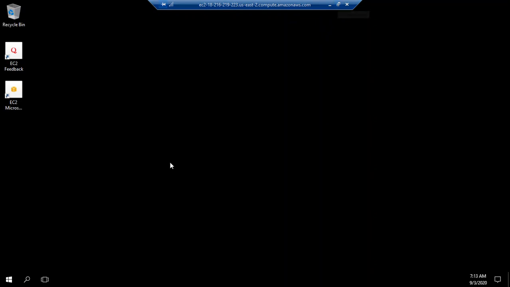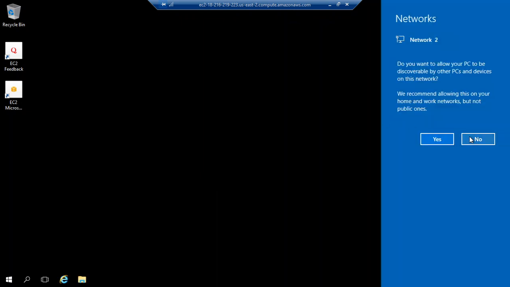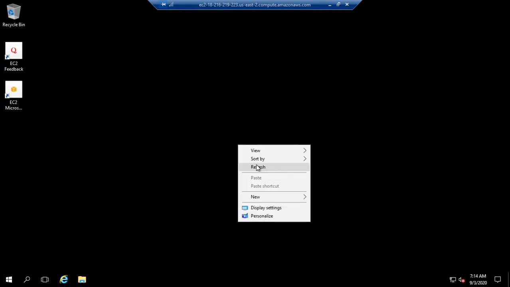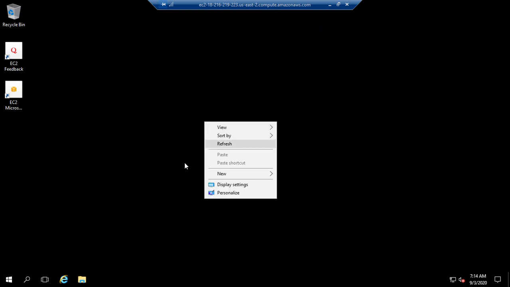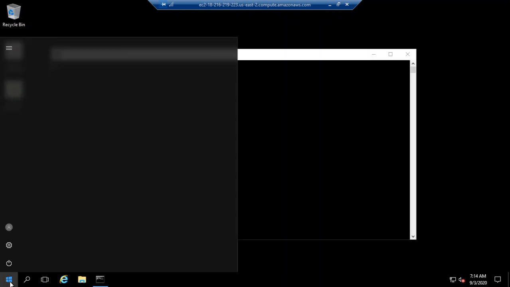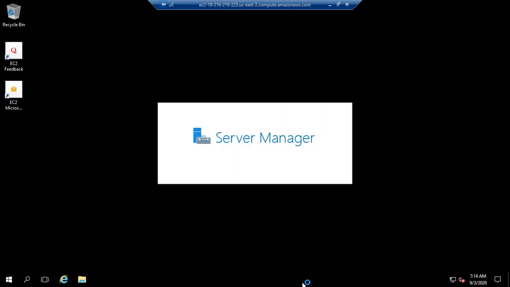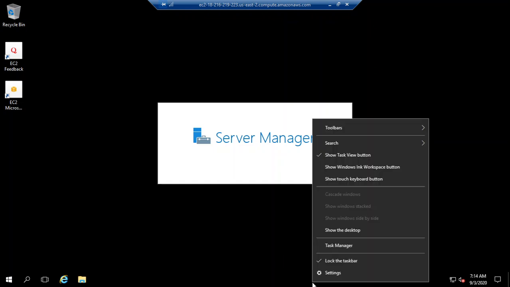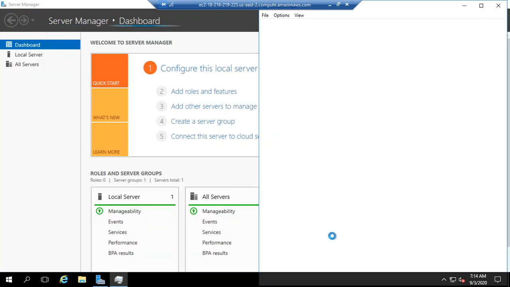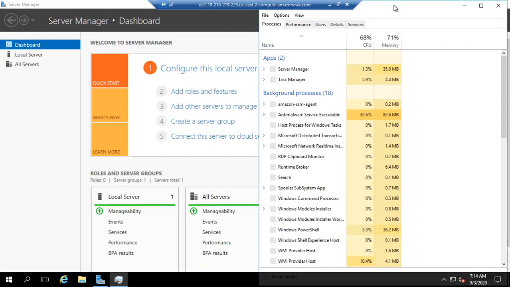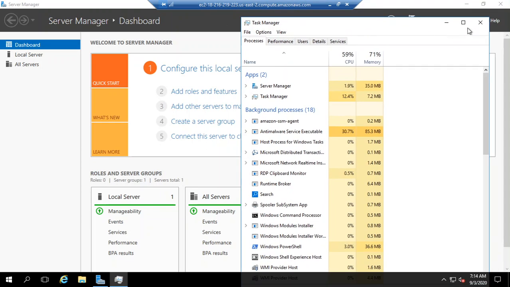So here we are going to get the console of this machine, and our monitoring guy is monitoring through the CloudWatch. They are monitoring how much my CPU utilization goes and all. So let's try to do some experiment with it. Let us go to the start button, server manager. You see, internal monitoring we can also check from the task manager here.